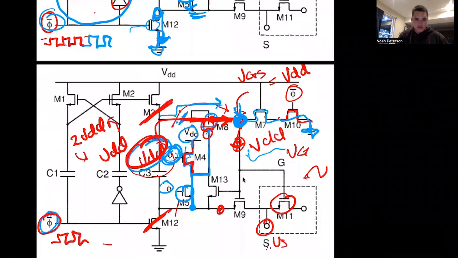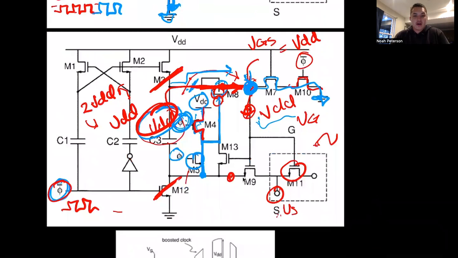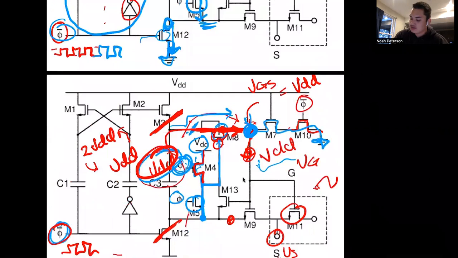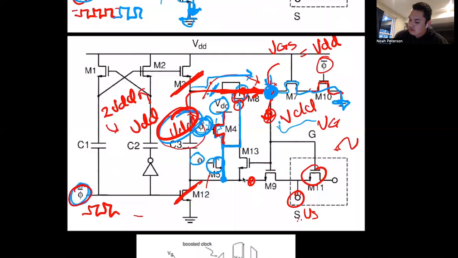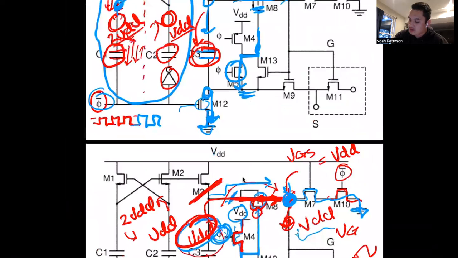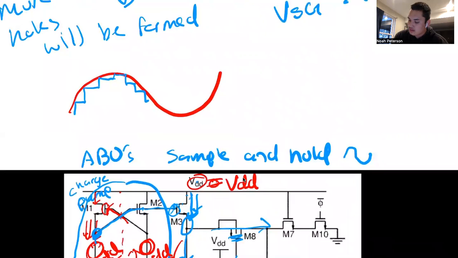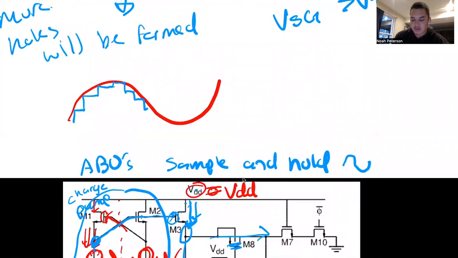And so that's just kind of an application of MOSFETs, and how they can be applied in practical applications,